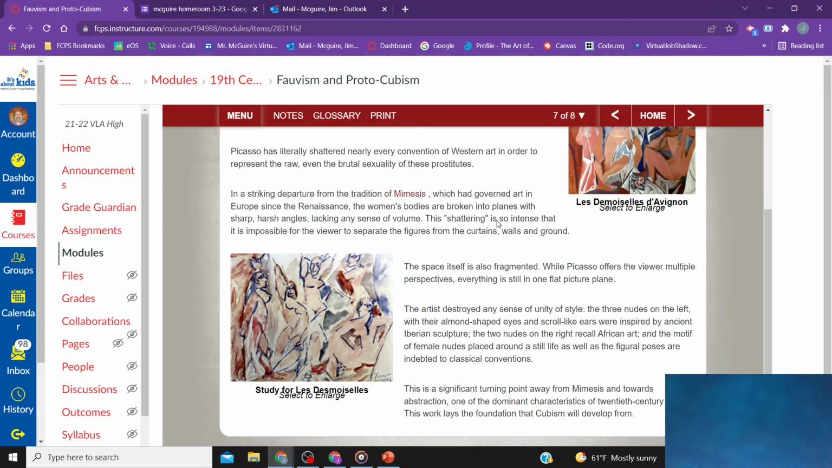The motif of the female nudes, as in the still life, as well as the figure poses, are embedded in classical conventions. This is a significant turning point away from mimesis and towards abstraction, one of the dominant characteristics of the 20th century. This laid the groundwork for the cubists that would follow after. And so